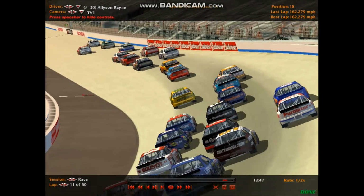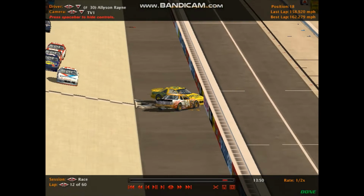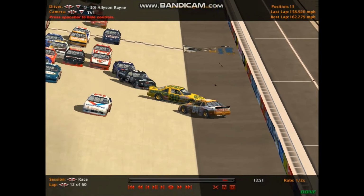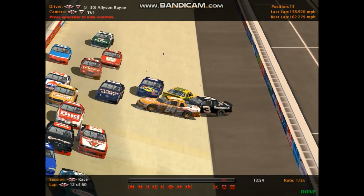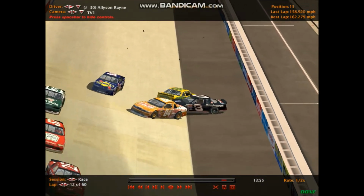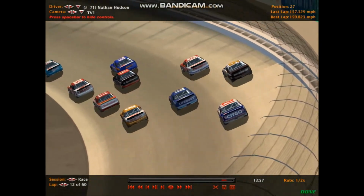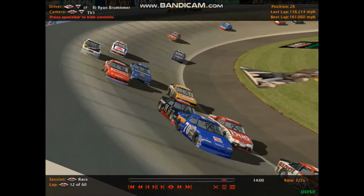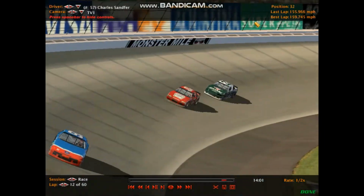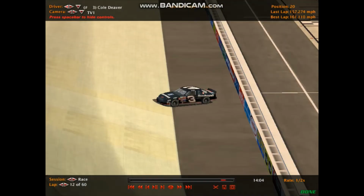Take a look as to what happened here. Laura Chung lost a bunch of spots right there, and she turns Austin Reed for no reason, other than probably that he cost her a lot of positions there. Cole Deaver. There's Dylan Poteet. He gets involved in the 94 car, and everybody else is bunched up in turn number 1. How did that not become a crash? I do not know. As far as that bunch was concerned right there. But for Dylan Poteet, Austin Reed, Allison Rain, and especially Cole Deaver, that is...